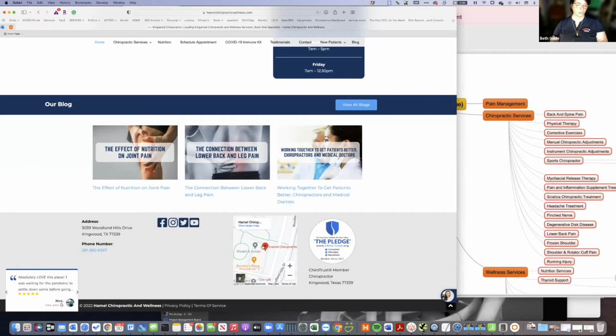And it's also going to have an embedded map in that area that shows not Dr. Hamill's office, but the Humble Kingwood area. So I'm actually going to make it an area and put it in there. The reason I'm doing that is because that map is the area that he services. When I pull the embed code for the map, I'm going to use some zip codes and make it a little bit bigger.